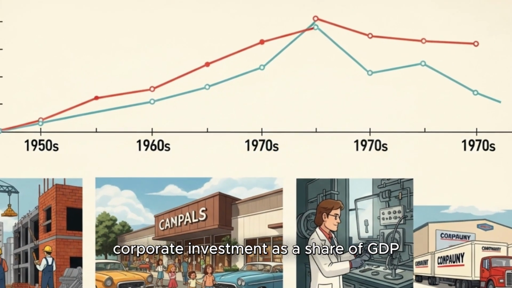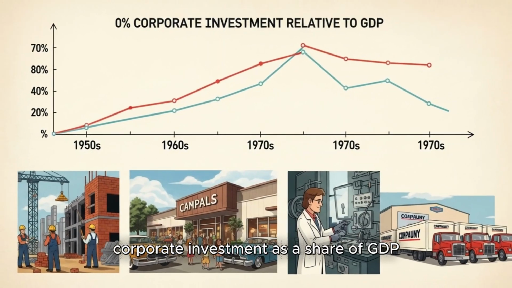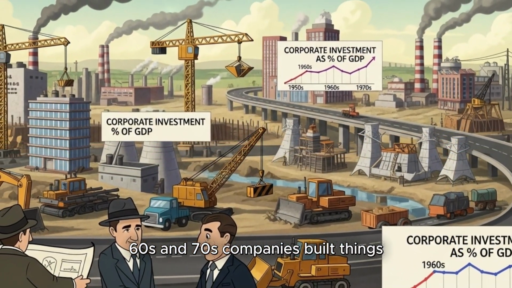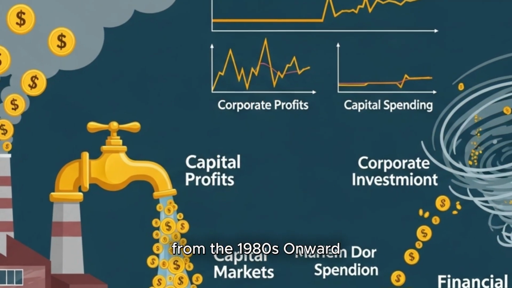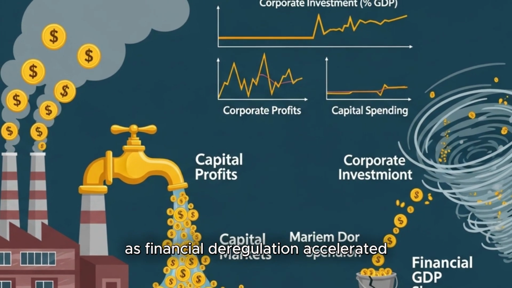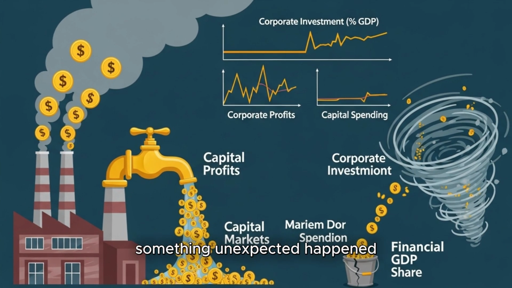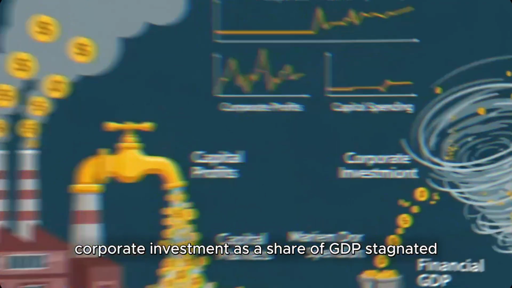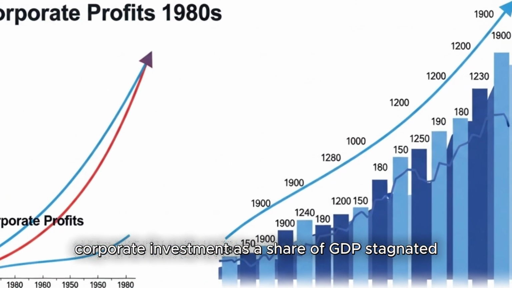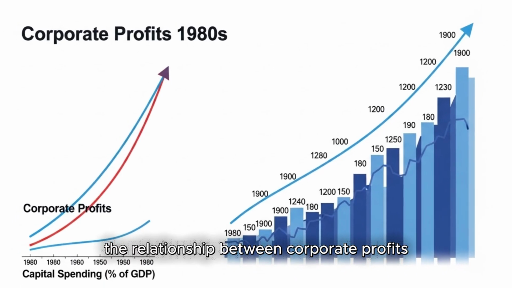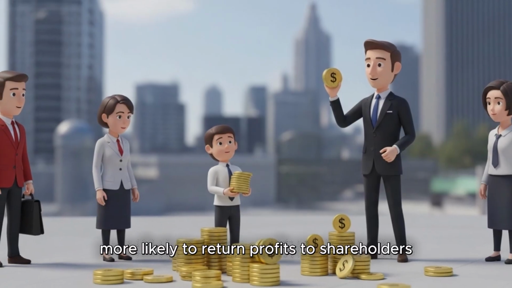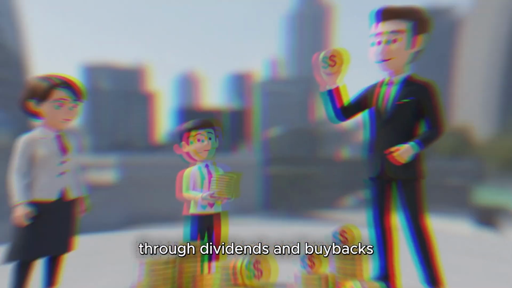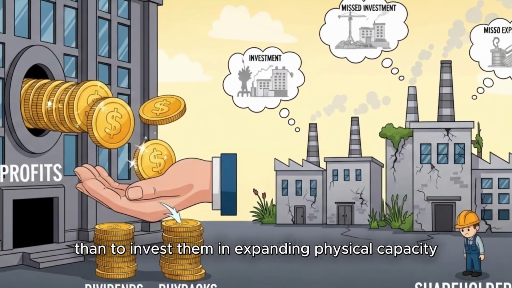In the United States, corporate investment as a share of GDP was robust through the 1950s, 60s, and 70s. Companies built things, they invested in physical capital. From the 1980s onward, as financial deregulation accelerated and capital markets deepened, something unexpected happened. Corporate investment as a share of GDP stagnated. The relationship between corporate profits and capital expenditure weakened. Companies became systematically more likely to return profits to shareholders through dividends and buybacks than to invest them in expanding